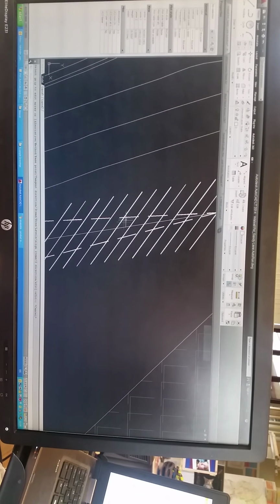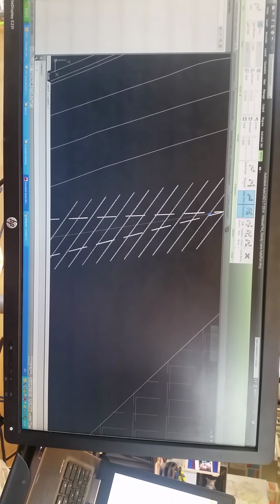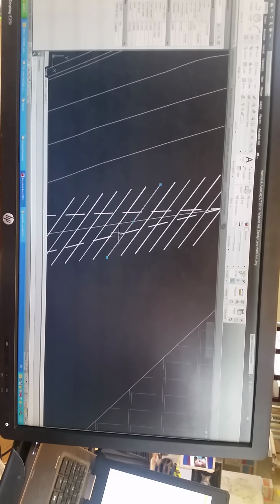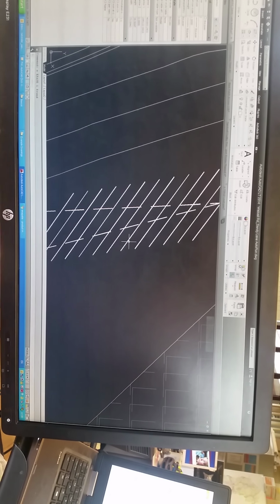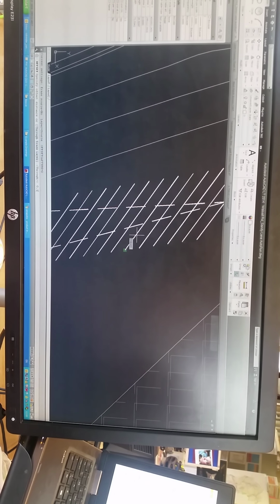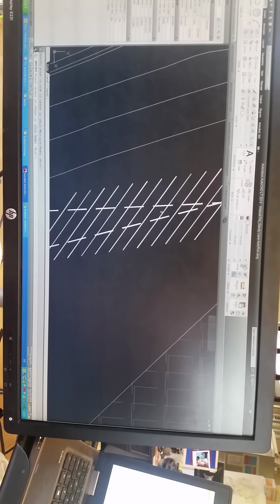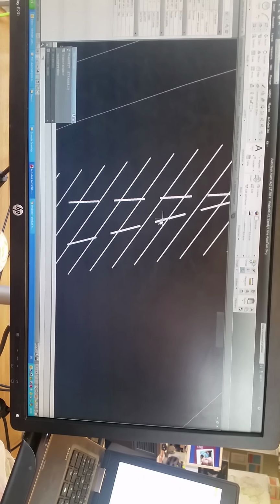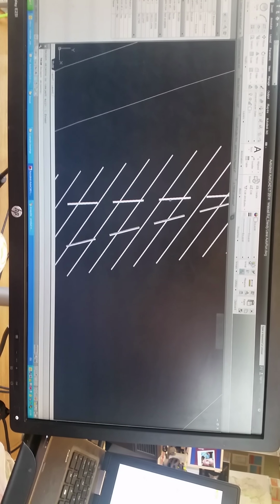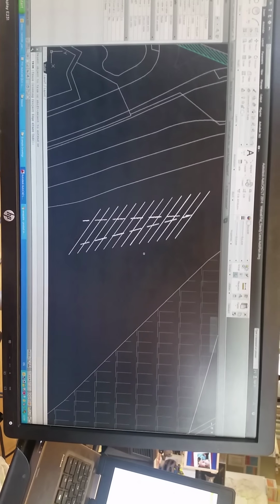Now we want to trim it to this as well, don't we? So the first thing we need to do is X for explode to turn it back into individual lines. Delete that middle line, and to do it neatly, I just tend to offset each of these lines by 0.1. And then I'm going to trim the hatch into that line. So I'm going to do TR for trim. I'm going to select the two new lines that I've copied, space,